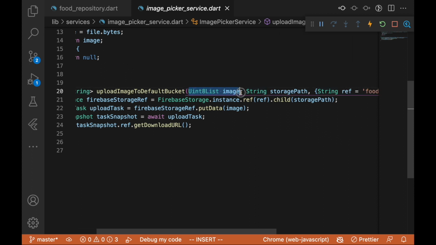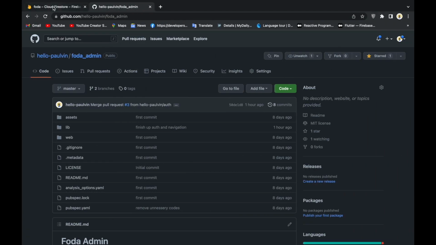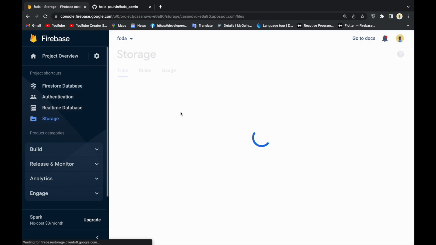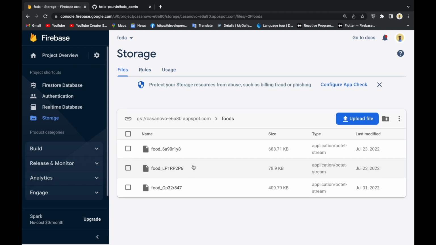And here we have the image, we have the string storage part. This is going to be the storage part we are actually pointing at, and we have the reference. Currently I just set the default reference to food. In your Firebase console, you just go to your Firebase storage and make sure that you enable this particular service, because without that you'll not be able to use it. And you can see that the ref I have here is just foods, and here in the foods you can see